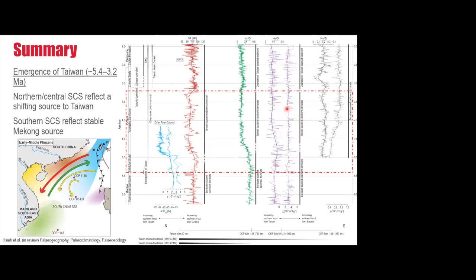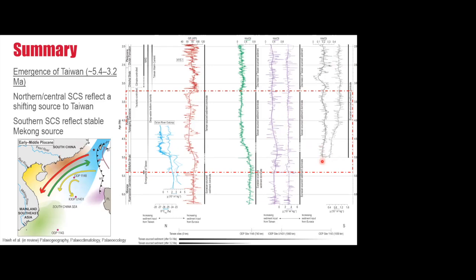The hematite goethite record from central South China Sea, which is over 1,000 kilometers away, shows a lag in its response, probably due to its distance from Taiwan, but it also starts to decrease by the early Pliocene when Taiwan became the dominant source of sediment. But magnetic susceptibility remains largely unchanged, and this may be due to mixing of high and low magnetic sources in the region. In contrast, the southernmost record shows increasing hematite goethite and magnetic susceptibility values.